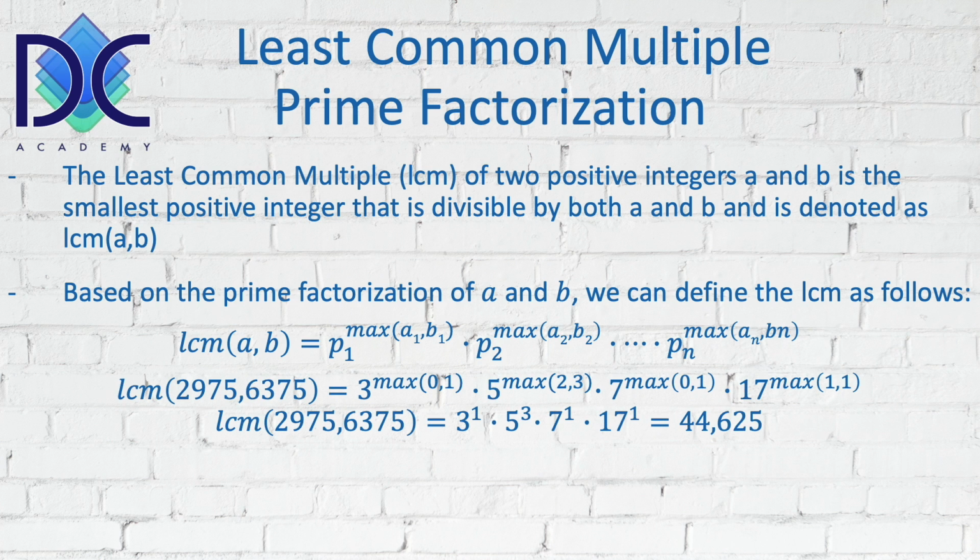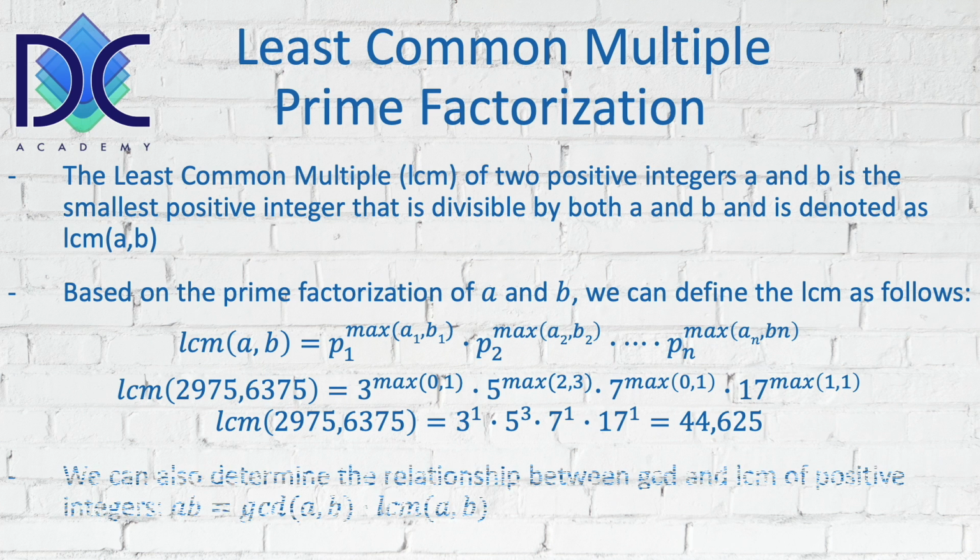So when we look at two numbers here, 2975 and 6375, we take the elements from the previous slide. So instead of saying 3 to the power 0, now it's 3 to the power 1, 5 to the power 3, 7 to the power 1, 17 to the power 1, which gives us a number of 44,625, which is the least common multiple of the numbers 2,975 and